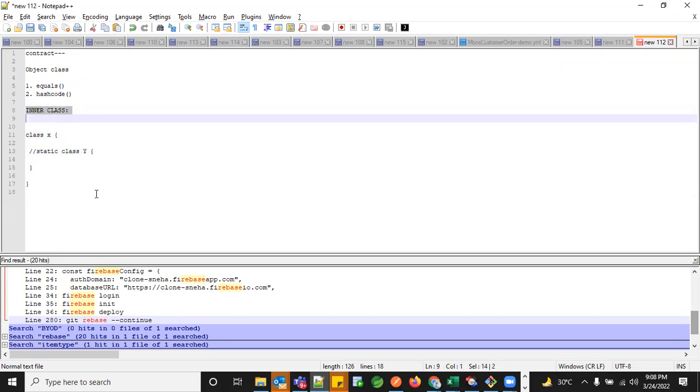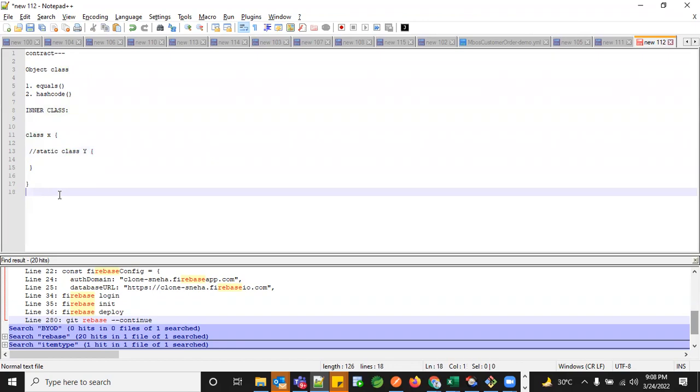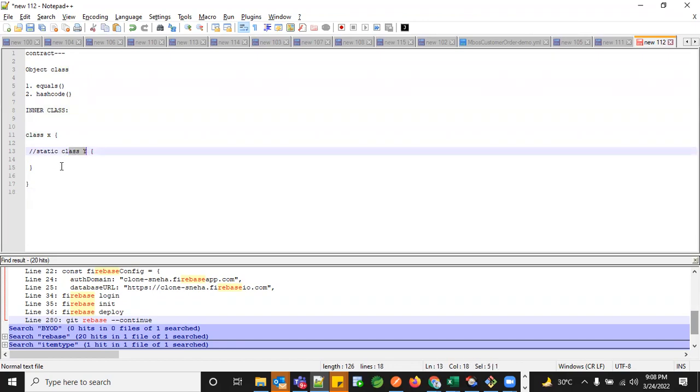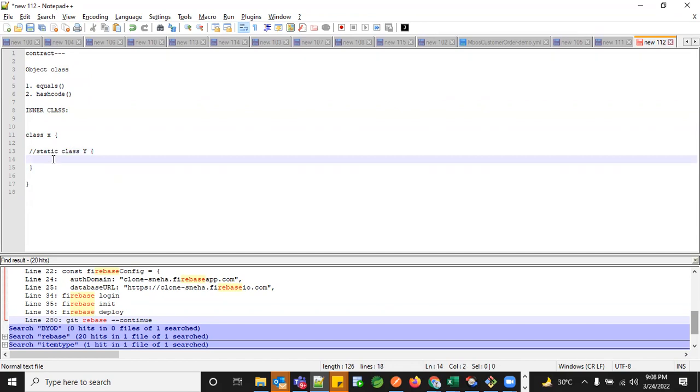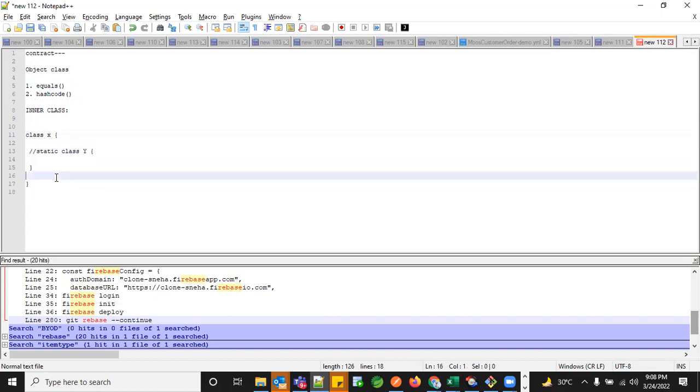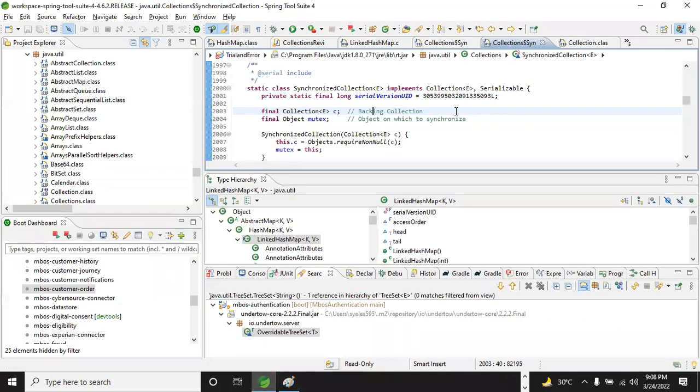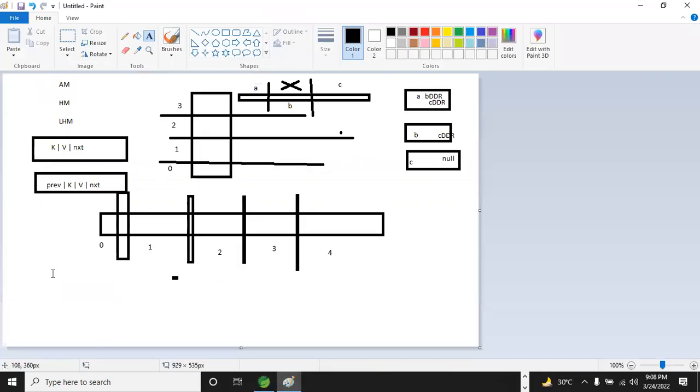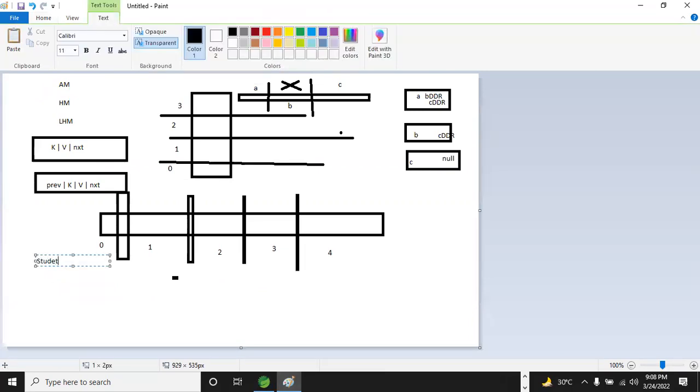Inner class, or sometimes we make it an inner anonymous class. With anonymous classes, you don't need to create an object. You just call the relevant methods within that class directly. Most advanced program coding standards can have this kind of structure, where instead of creating multiple class names like Student.java, Address, let me take a simple example. Student has a name, and he has an address. If you see address, you'll have road number, city, state, country code, street number, district, area code. So we have multiple things specific to your address.